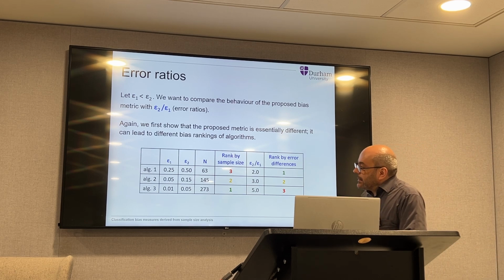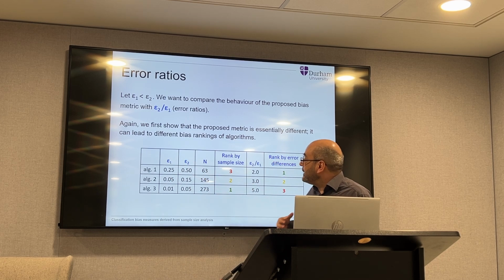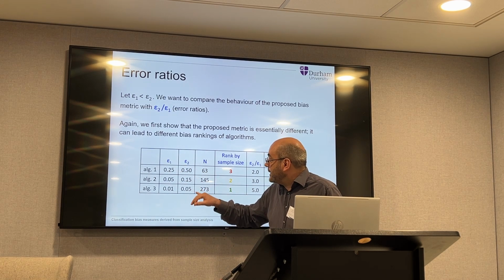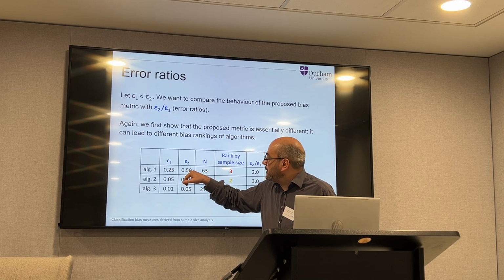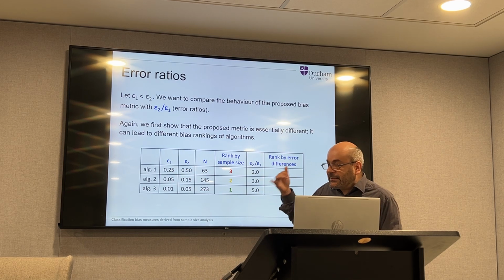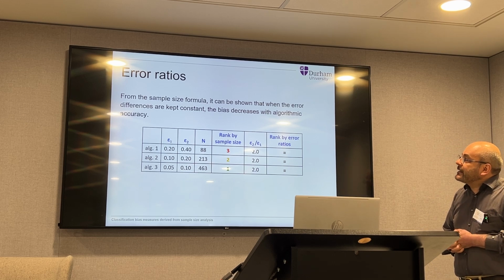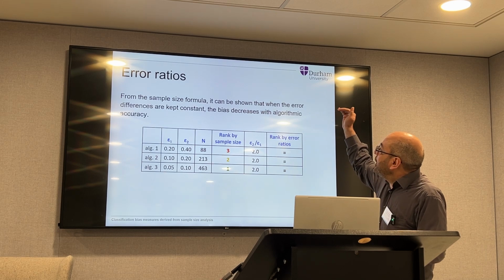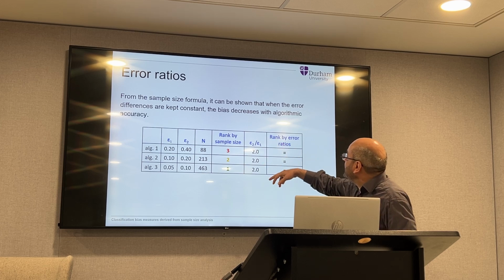Okay, so somehow a 25% difference here is more biased than 2 times, so this is 0.5, 2 times this, but this still is more biased compared to this case. Again, we can do the same and see now from the sample size formula, that when the error ratios, again, it should be ratios here,